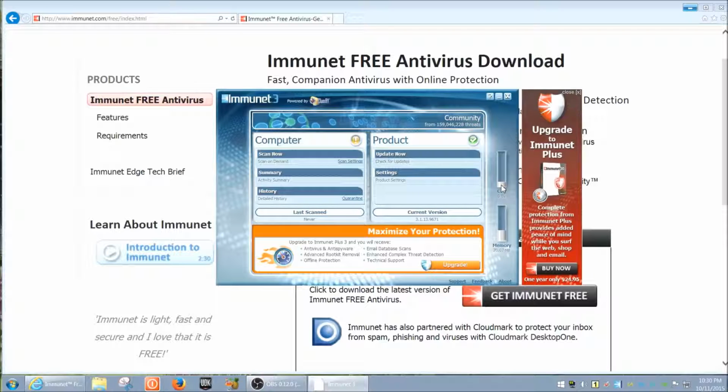Okay, so that's cloud. It's stored in the internet and everybody has access to it. In this case, what this community part means is that this program is connected to the internet constantly, but it's not. And I have to stress this: it's so low on resources on your computer that you don't want to even affect your computer's performance at all. It will not slow it down at all. As you can see here,